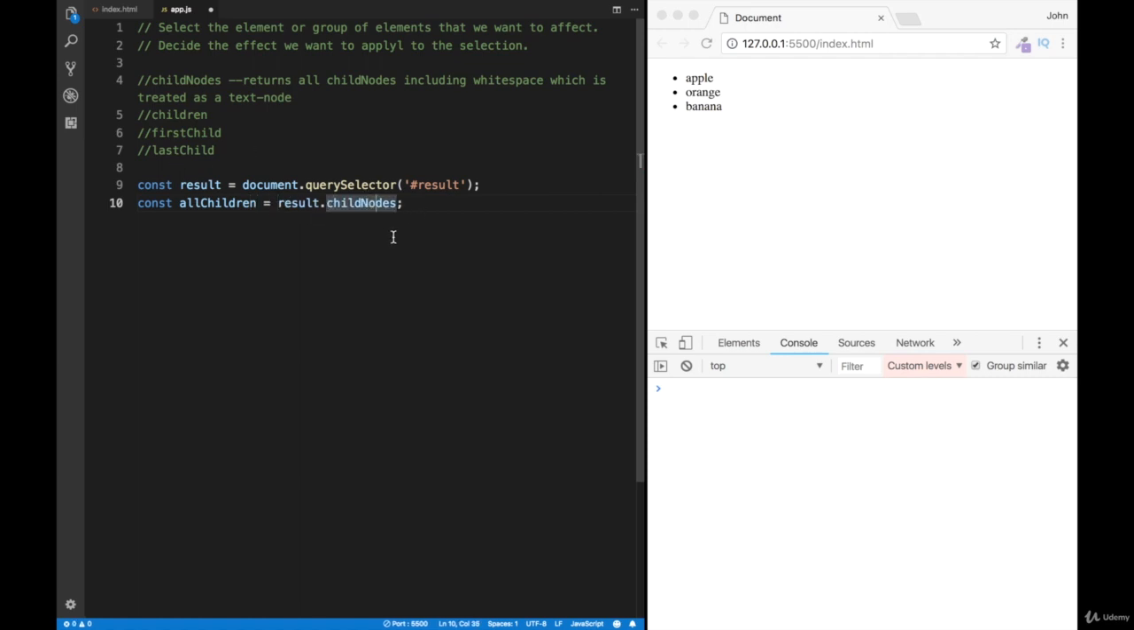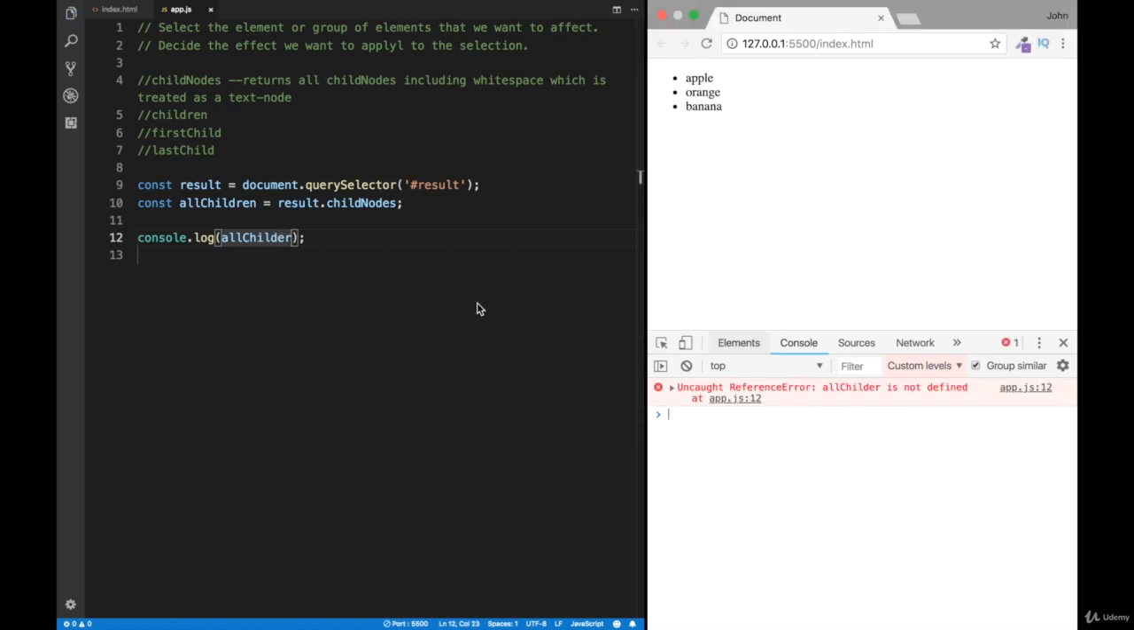So this is the property that we're going to be using, and let's see what we have in the console log. allChildren, this is what we're going to be console logging, and sure enough, there's some kind of mistake because I did my misspelling mistakes again. allChildren over here like this. And now I can see that I'm getting back a NodeList. So you notice over here, instead of 3,